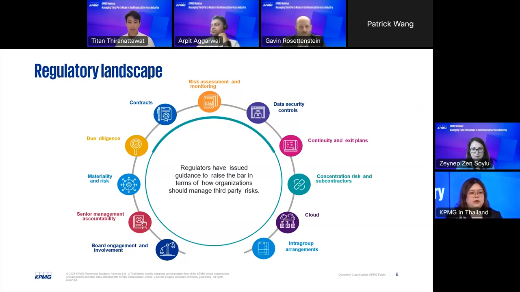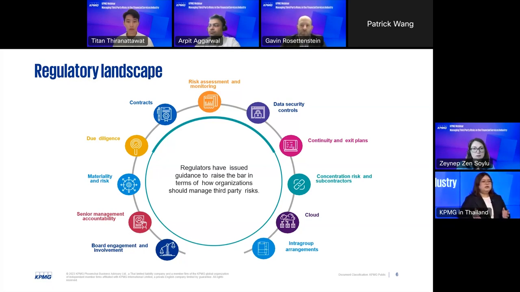In our local regulatory, you might already have found that our local regulators already issue some third-party risk management requirements, such as the BOT, Bank of Thailand, which already issued the third-party risk management implementation guideline. Also, OIC issued the outsourcing management, and SEC also has requirements on third-party management.